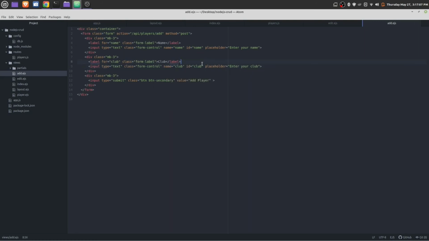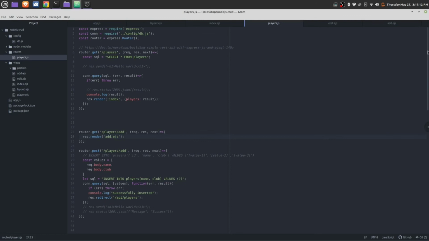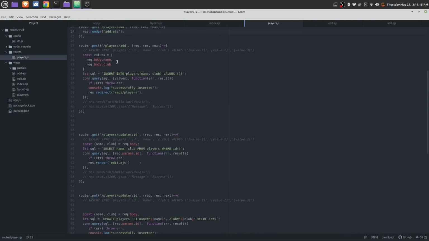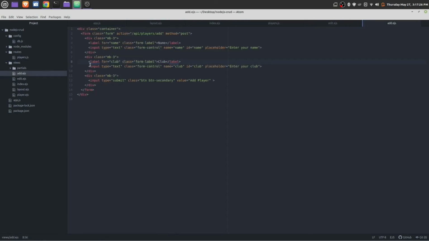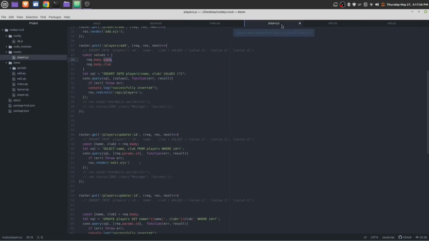Okay, now inside our player.js, you can see in the post request we are getting values by using request body name and request body club. This name is coming from this input attribute name. For example, if you set player, you need to set player here as well. Okay, but I want to go with name, so let's go with name,